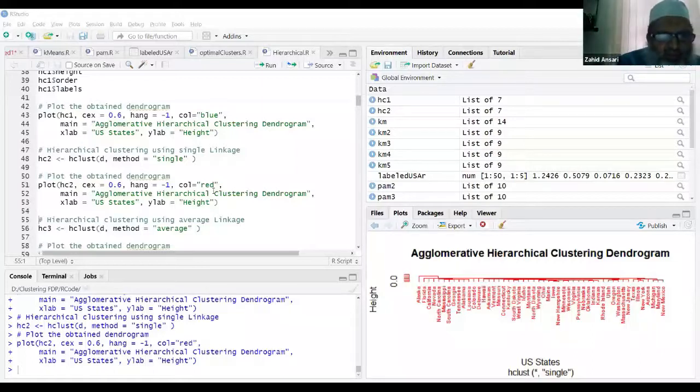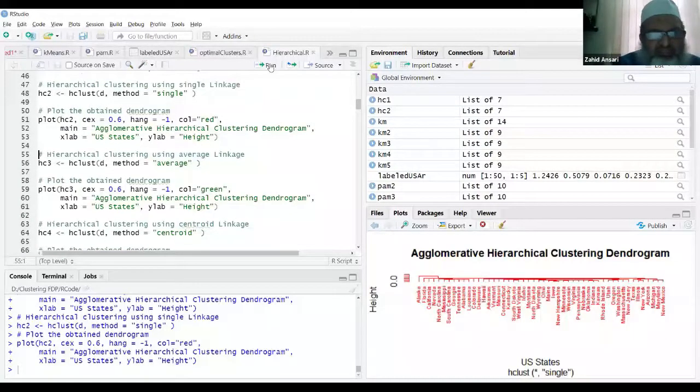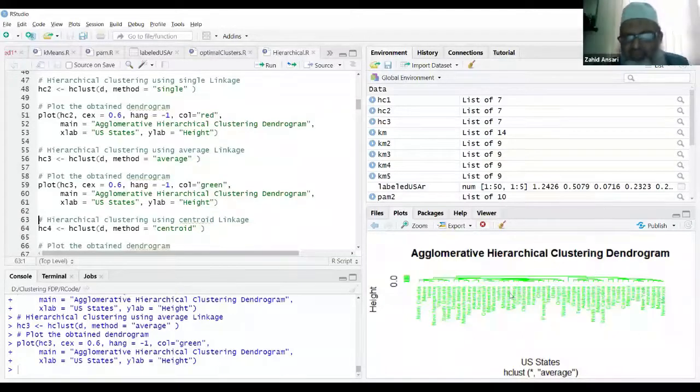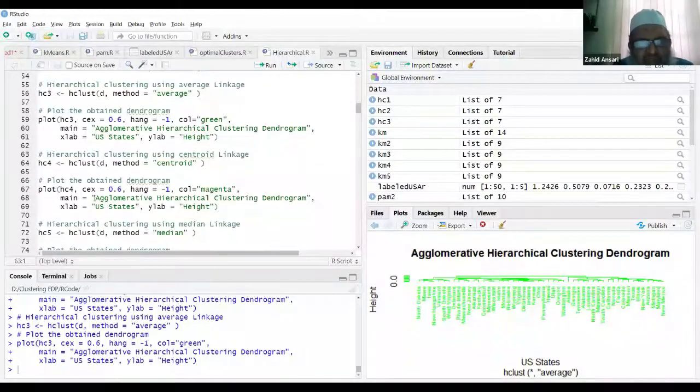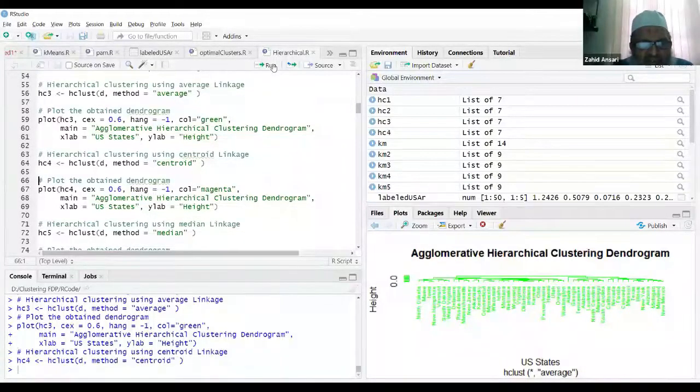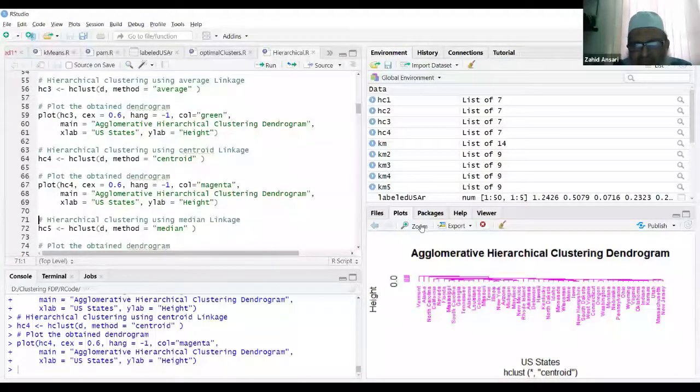Now let's say the average link we are using. We'll plot with the average link. It's coming to be right here. See, this is the average link over here. Then I am using the centroid method. Centroid means we take the centroid of the cluster and the distance between the centroids, and I am drawing the dendrogram using centroids. So we are getting a different clustering over here.